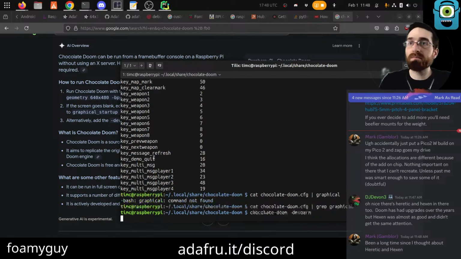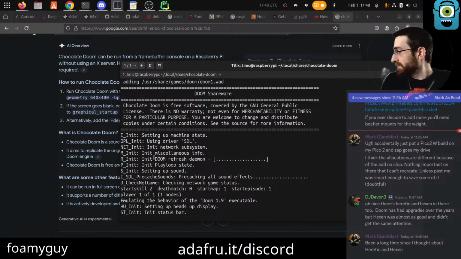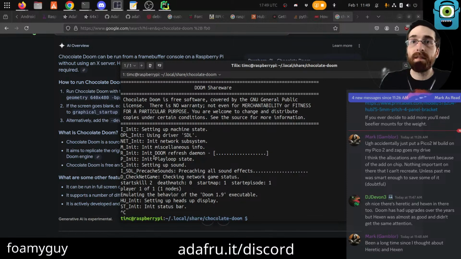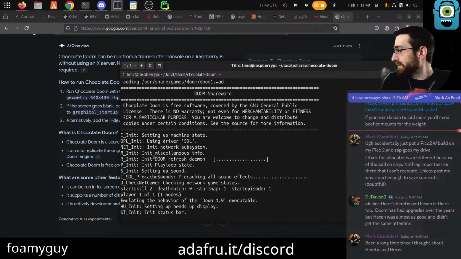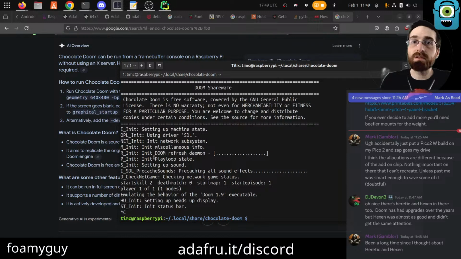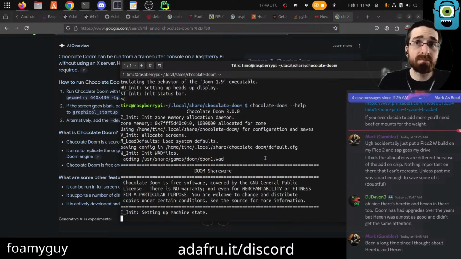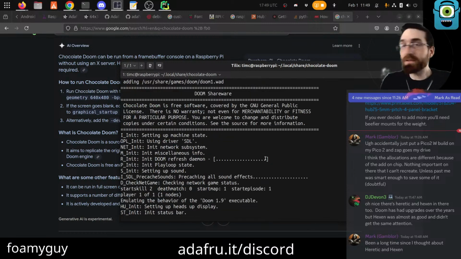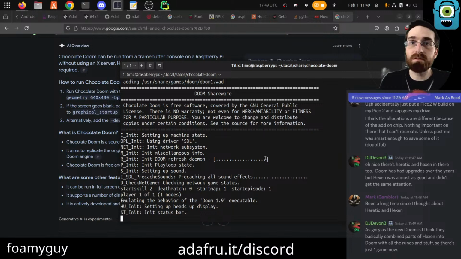Doom dev parm. No, I have it on the HDMI screen again. Is there a help? There is, dash dash help. Also just launches. Okay, so those don't do anything.